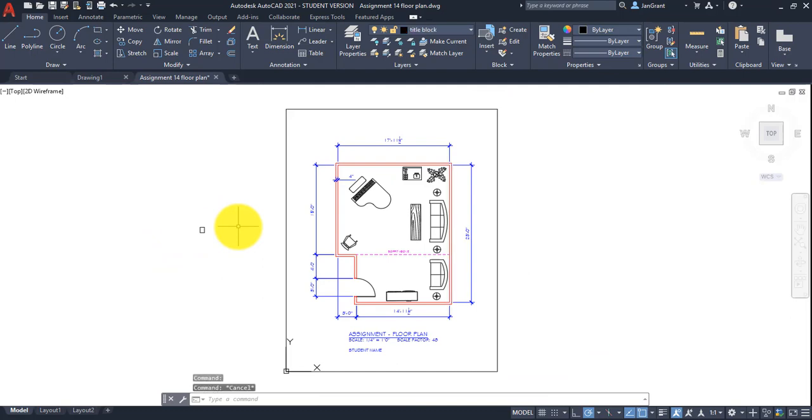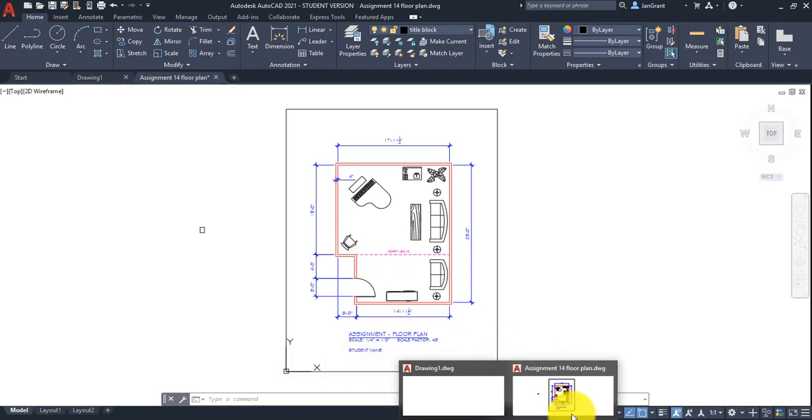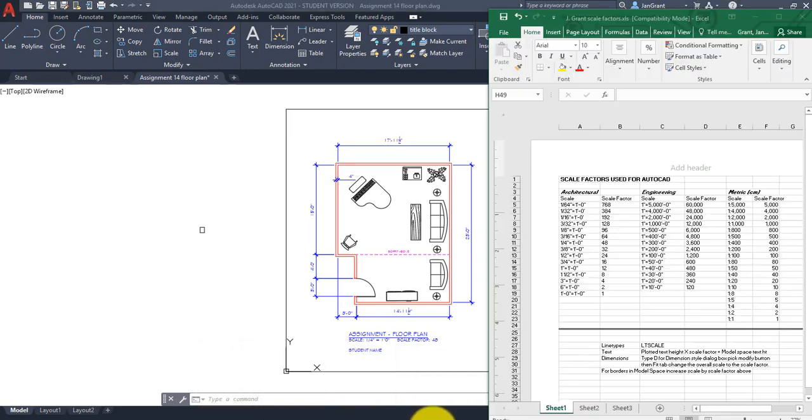So what we do, instead of shrinking everything down to fit inside this small sheet of paper, we draw everything at full scale, and then we increase the scale of our dimensions, our text, our title block, and our line type scale. And those are the type of things that we're going to be taking a look at. Now, what is the number that you use? Well, you can use any number really to visually make it appear correct so that you can print it and view it. But there is a chart here that you can use to stay on track with using